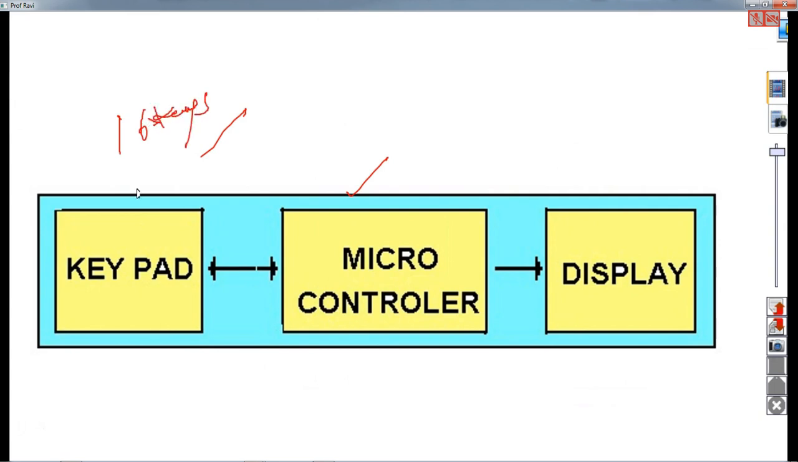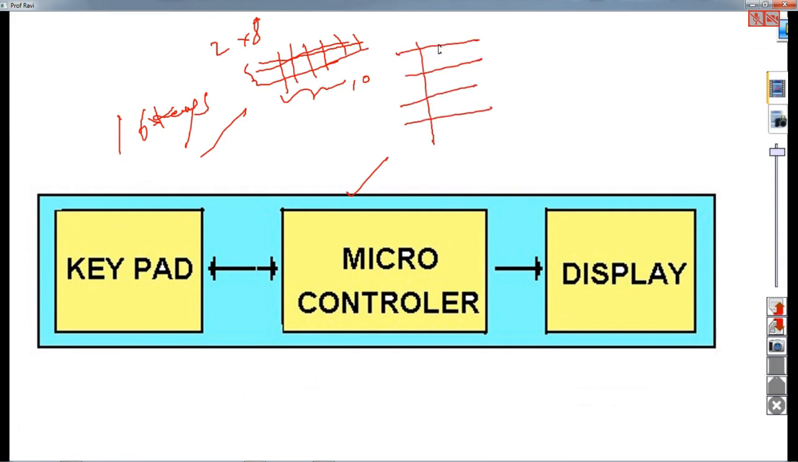So 16 keys means you can arrange them as 2 cross 8, into 2 rows and 8 columns, is one way. Then how many ports will you need? 2 plus 8, 10 ports, if it is 2 cross 8. So what we do is interface them as 4 cross 4, 4 rows and 4 columns. So we need 4 ports here and 4 ports here. Total 8 ports are enough, which is